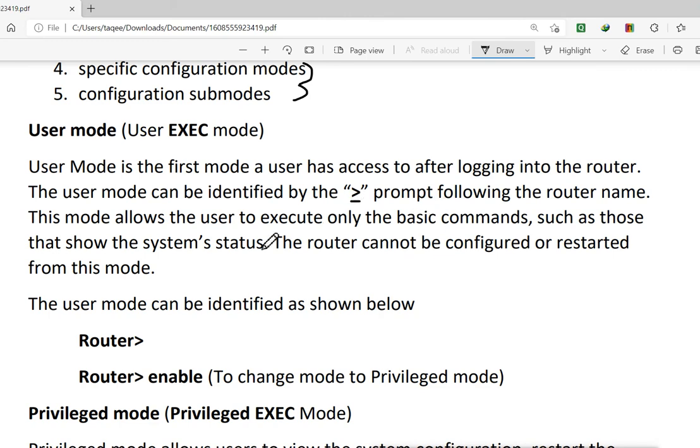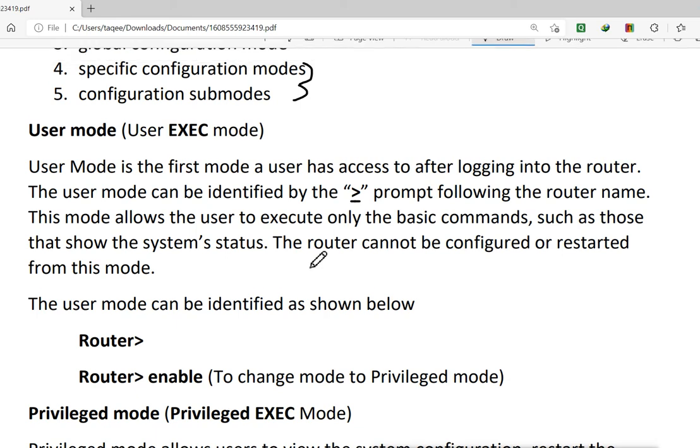This mode allows the user to execute only basic commands, such as those that show the system status. The router cannot be configured or restarted from this mode. So this mode is only for monitoring or checking the status. In this mode we cannot do configurations, and we also cannot restart the router.